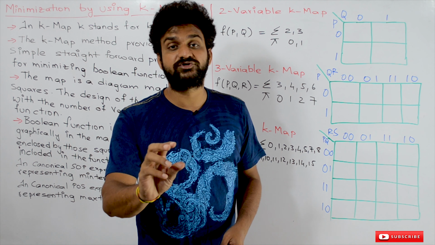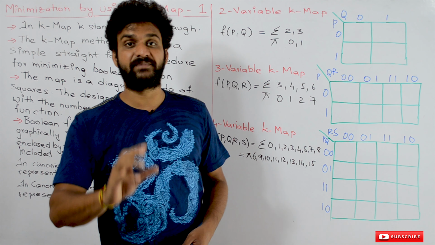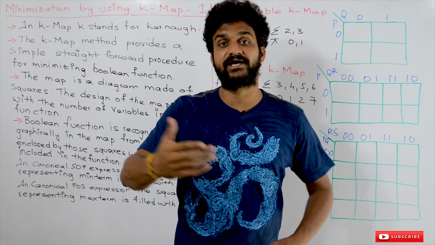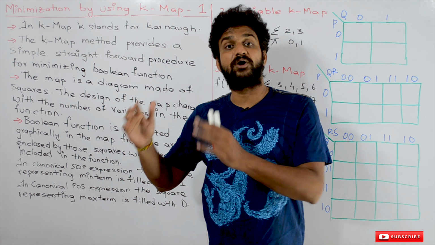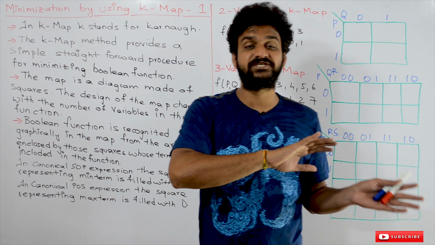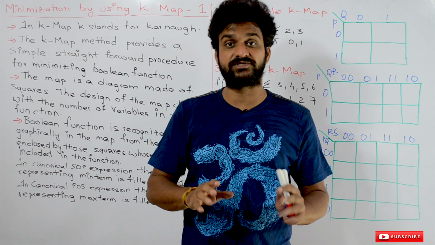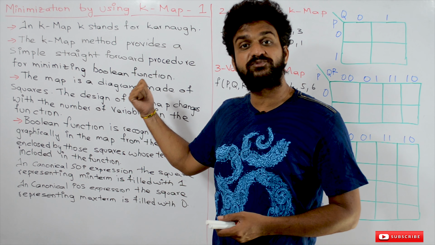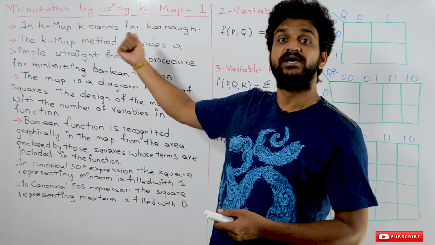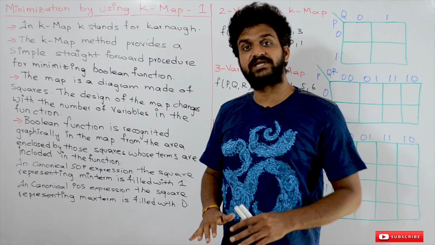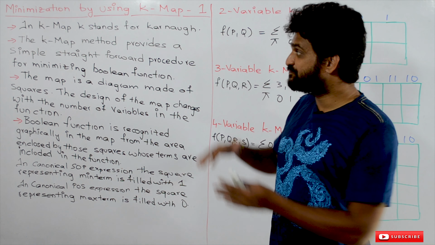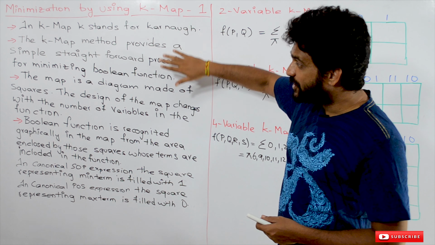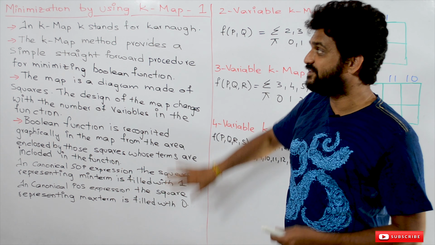If you haven't watched those videos, please watch them and come back here, because the understanding of those concepts will help you understand how the problems in minimization by using Boolean laws and rules get overcome by the concept of minimization by using K-maps. Now coming to this class, we will try to understand some basic parts related to K-maps. These are the points that we will try to understand in this class.